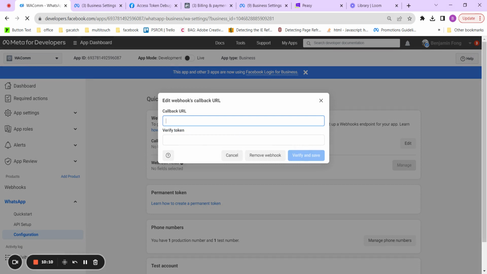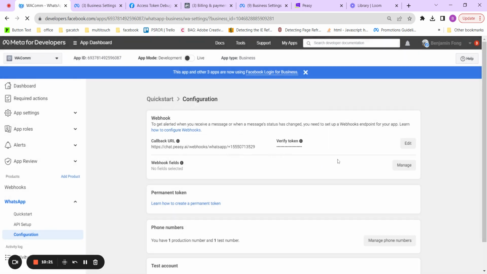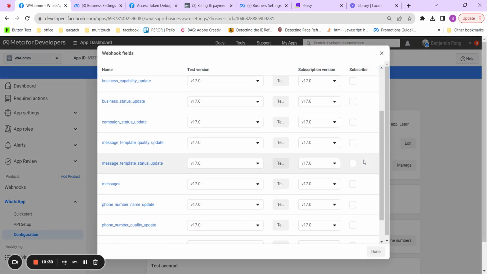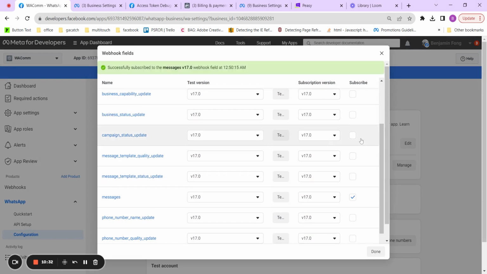click on edit, paste this in. And if you recall earlier, we have set the verify token value as demo123. Click on verify and save. And you can see that Facebook has accepted the token. Now, next click on manage. And we need to select messages